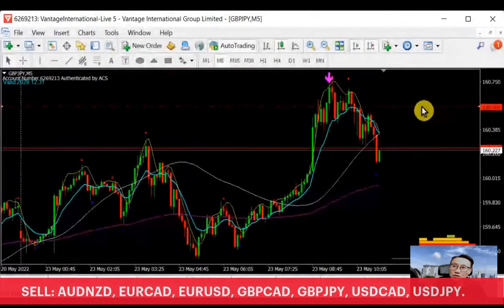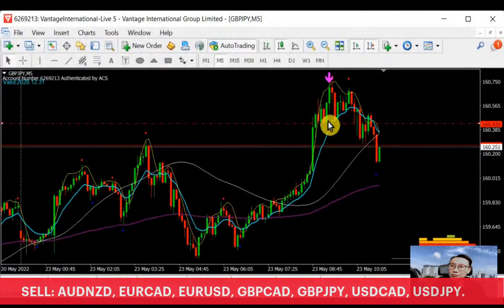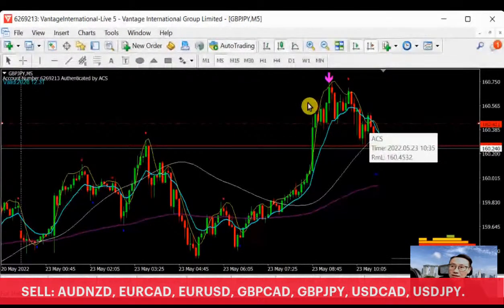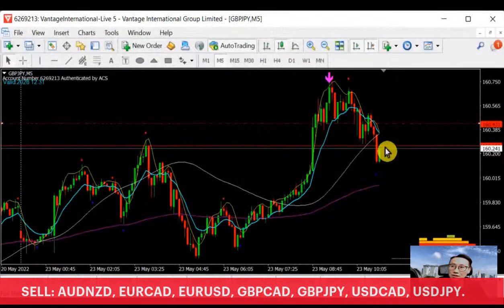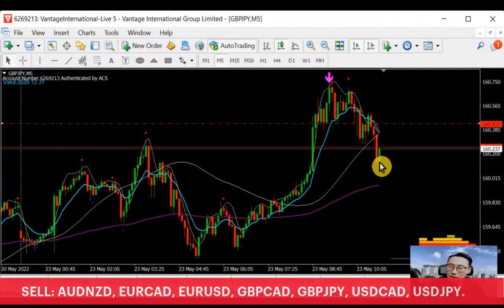Relatively, what am I going to wait for? I'm going to wait for this resistance here. There's a previous support that eventually became a resistance. So yes, there's a resistance created over here, and now it's selling down for a lower low. How am I going to trade over here? I'm going to wait for it.